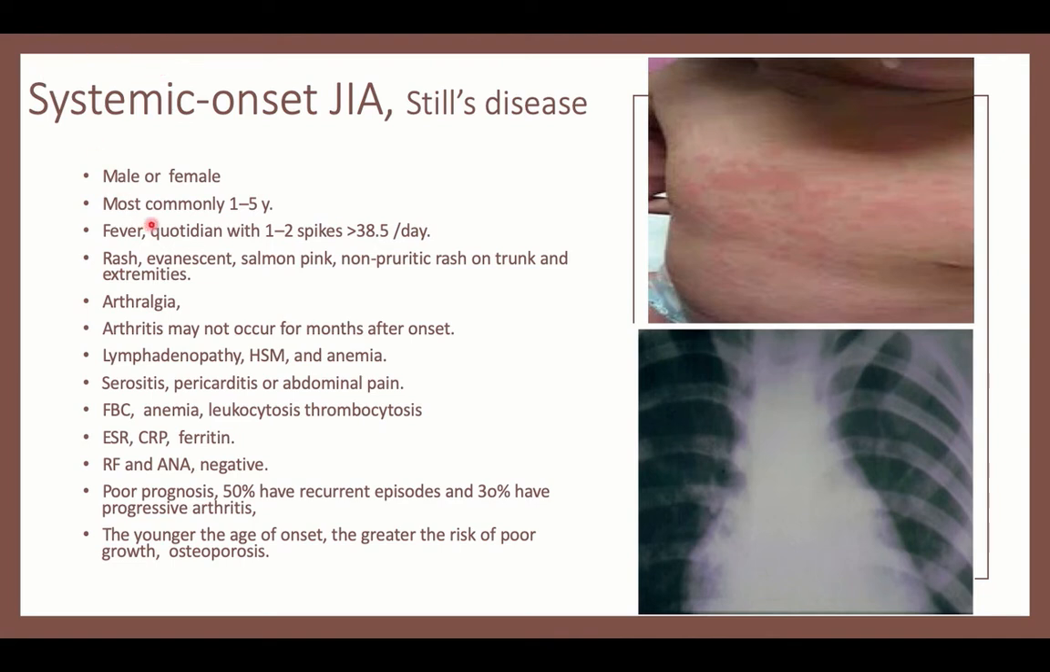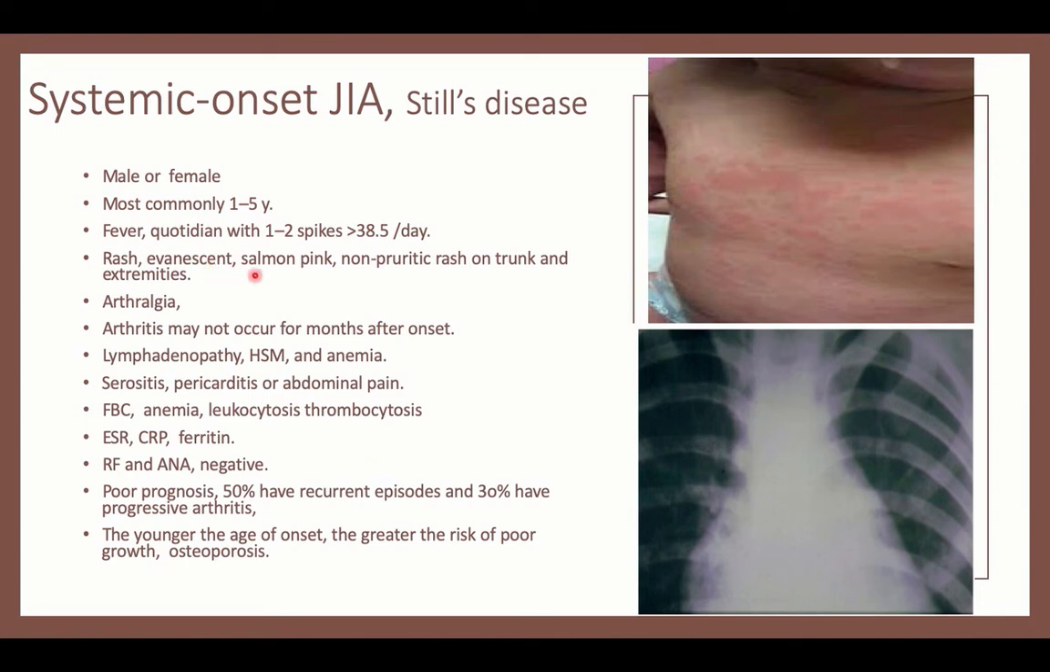The systemic manifestations are in the form of fever that has the characteristic feature of being quotidian, which means it spikes only once during the day. It may reach up to 39 or 40 degrees, with 1 or 2 spikes. This is called quotidian fever, with a characteristic rash that is an evanescent rash, which means with subsidence of the fever,